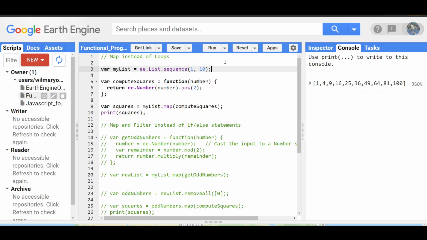And then if we want to compute the square of these numbers, traditionally in procedural programming, we would create a for loop. We create a for loop and then we square each element of this list, right? So if we want to use the map method,